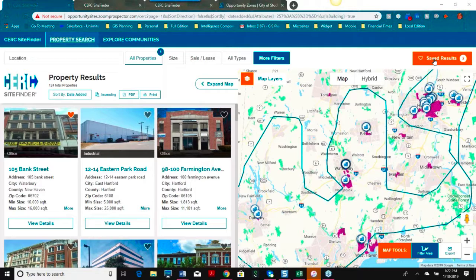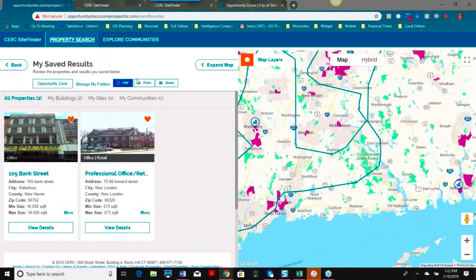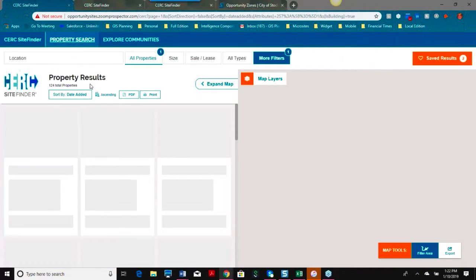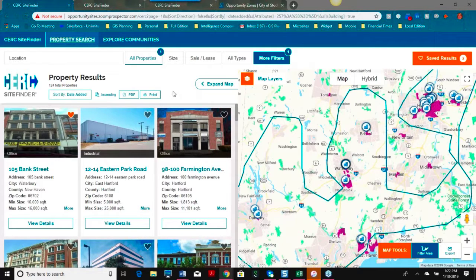I mentioned to you that we can look at our properties once we've saved them. We can share these by PDF, by print, or by email or social media. And the really cool thing is it's not to be underestimated how important it is to be able to share by link or in social media, because I'm an economic developer. I was a client of GIS Planning about 19 years ago, and to be able to include that link or this folder of properties in an email to a site selector who's looking at properties in our opportunity zones